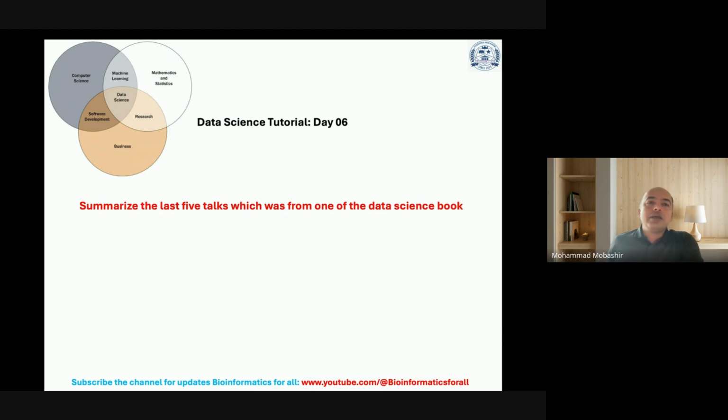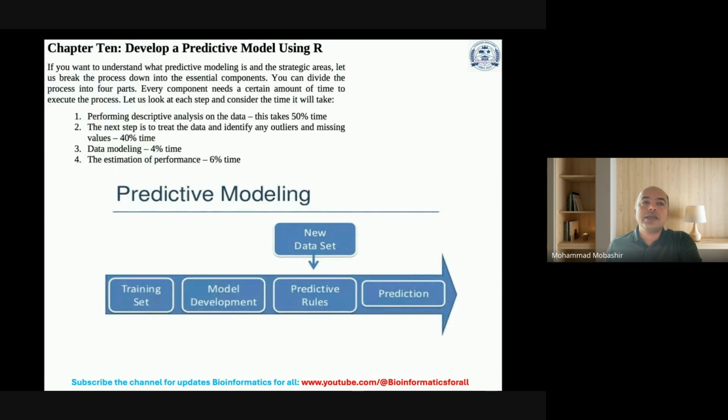And basically, main topics I'm going to summarize here before I start some case study or real implementation of how to work in data science. So for example, here how to develop a predictive model using